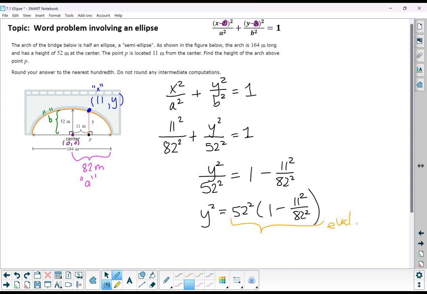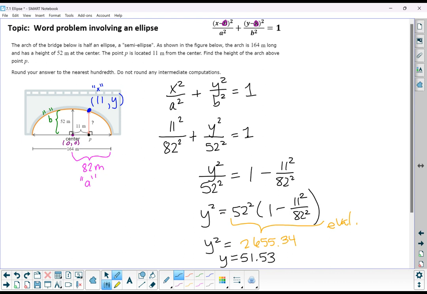So I like to get it into this form before I punch it into my calculator. 52 squared is being multiplied by 1 minus the fraction 11 squared over 82 squared, and we get 2,655.34. Now that is y squared. So then our last step would be to take the square root of that answer that we just got. And that gives us that y is equal to 51 point, let's see, round to the nearest hundredth,